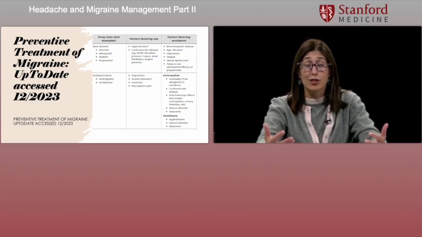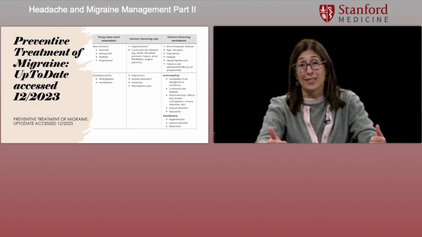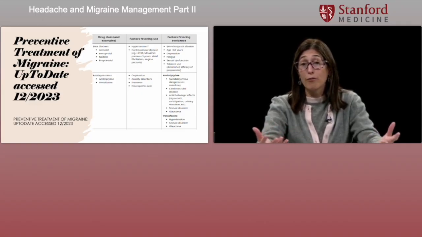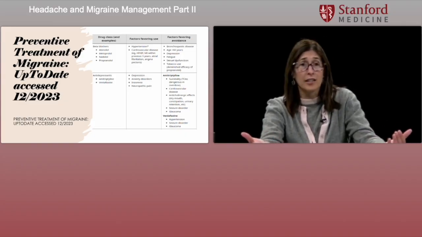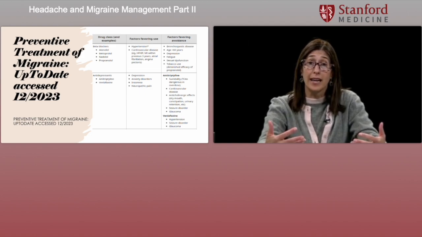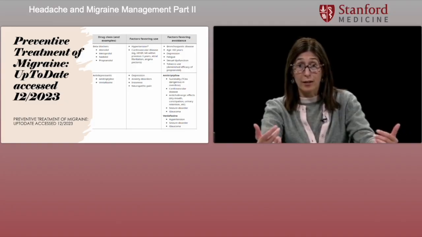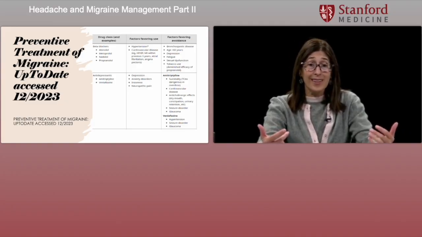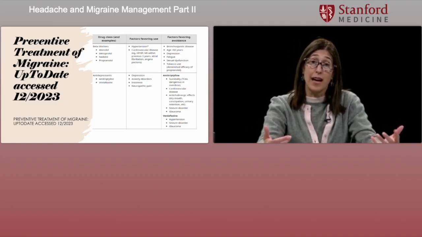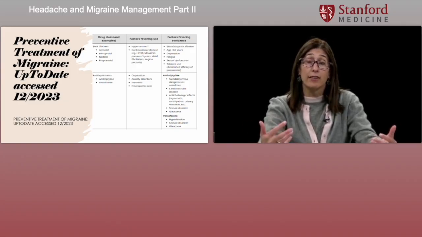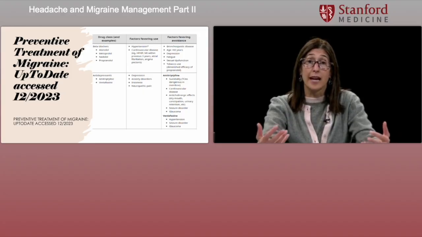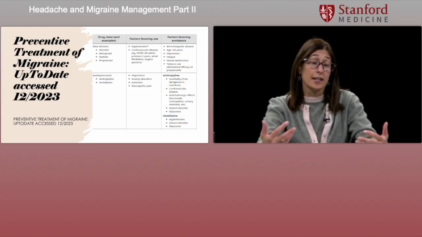I think that they do really help prevent and decrease the frequency of migraines. They can also be helpful in other issues. So for example, if you had high blood pressure and you have migraine, your doctor will maybe start you on a beta blocker, which is a medication for both high blood pressure and for migraine. If you have some mood disorder, maybe you have a little bit of mild depression and maybe you're having a hard time sleeping at night and you have migraines, your doctor might consider something like amitriptyline, which is a tricyclic